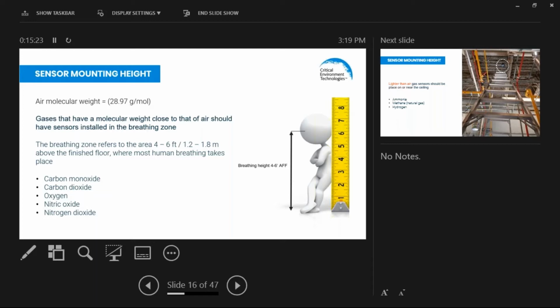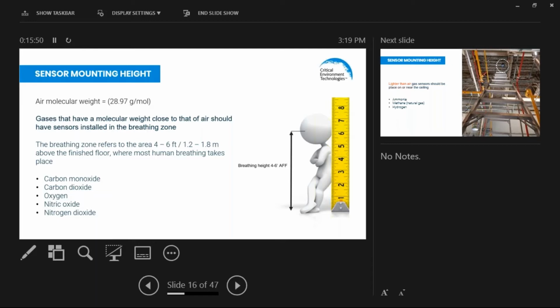And if you're protecting humans, then you want your gas detection system to see what people are breathing, and act on the concentration of the target gas or possible target gas that may come into the breathing zone, because you are protecting people. So 4 to 6 feet above the finished floor, or 1.2 to 1.8 meters above the